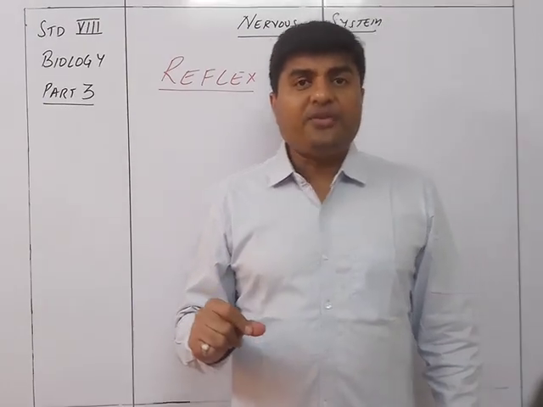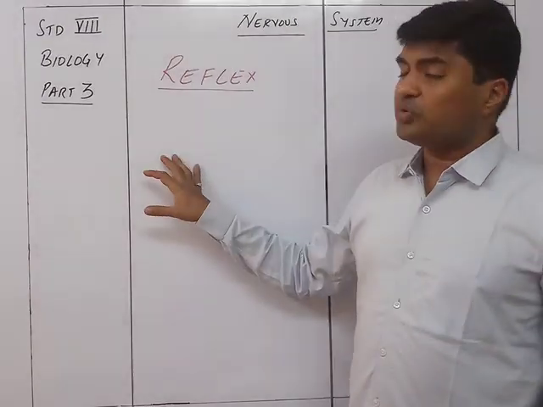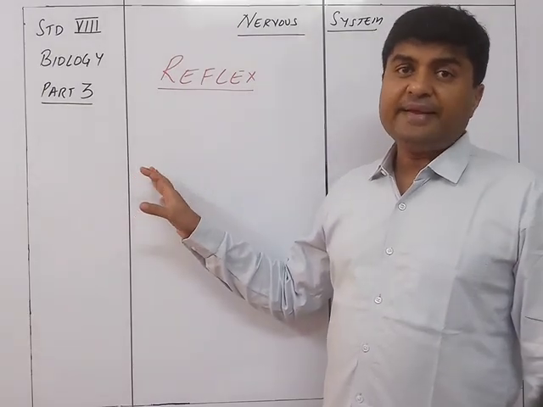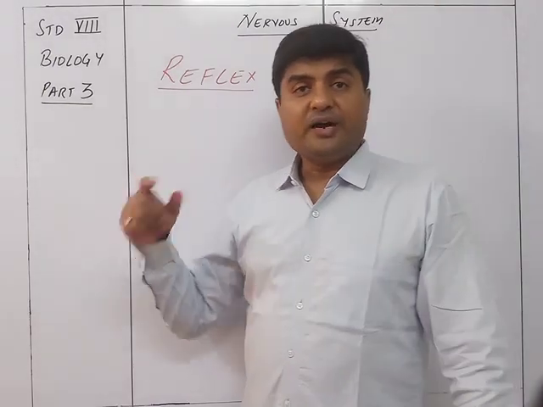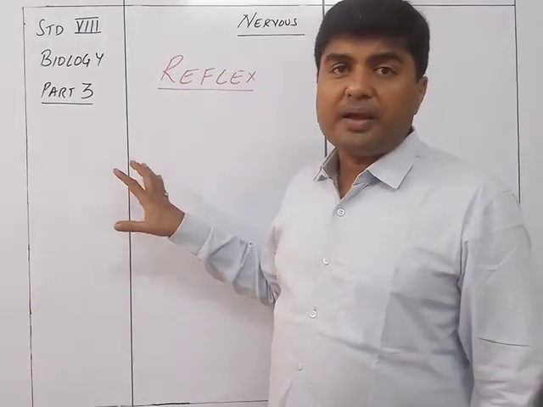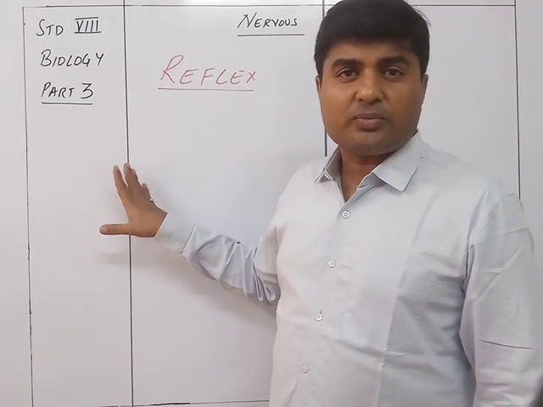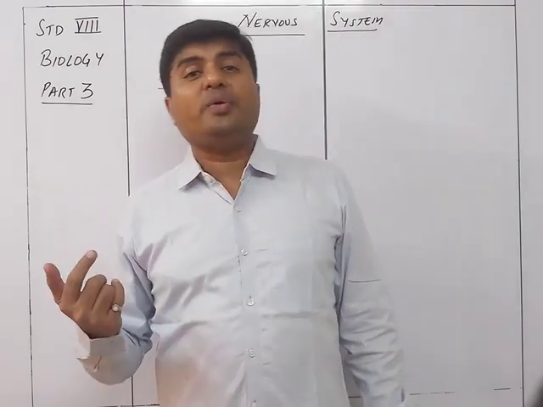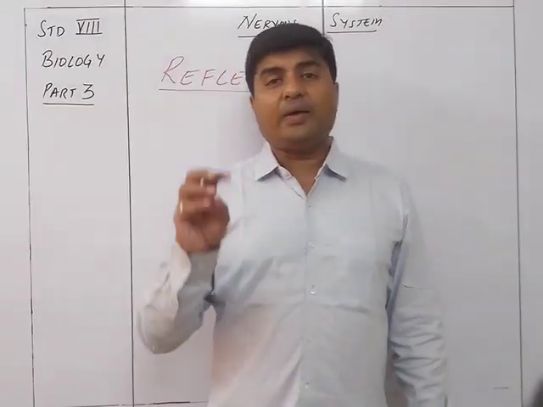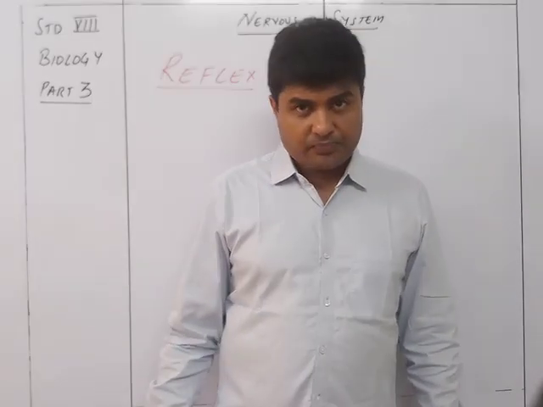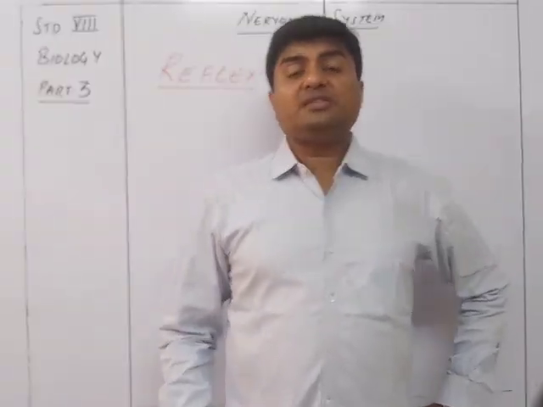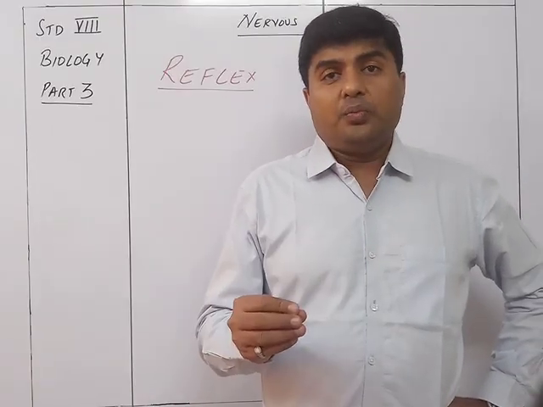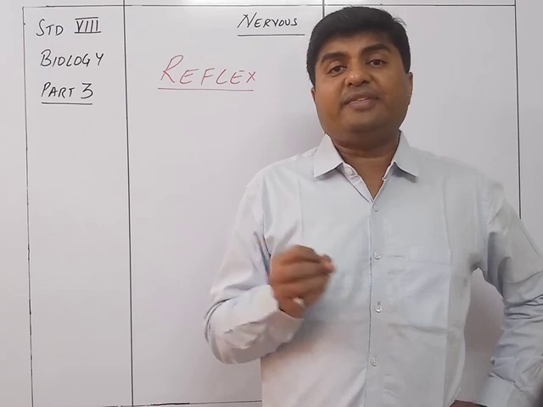Like for example, if I am touching a particular thing which is very hot, if that needs to be governed by the brain, whether to hold it or leave it or what to do, if the brain is going to decide that thing, it will be too late and I would already burn my fingers. So what is required is that the spinal cord, which has already learned from its previous experiences,